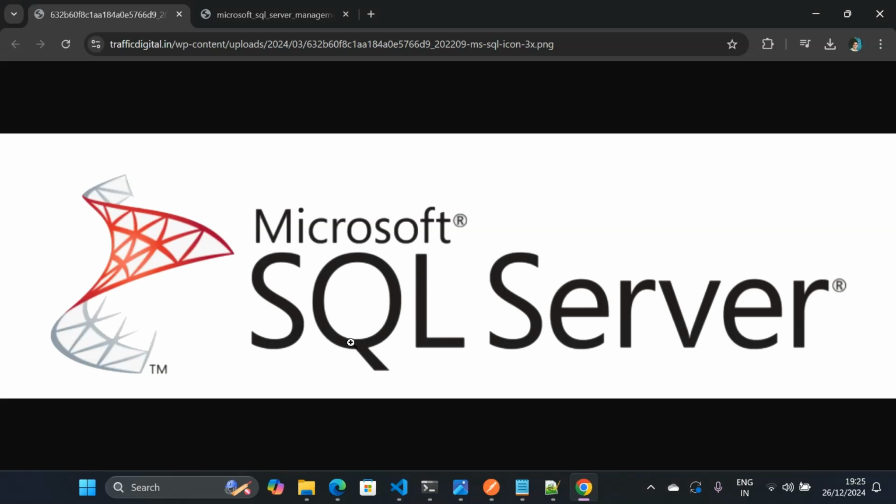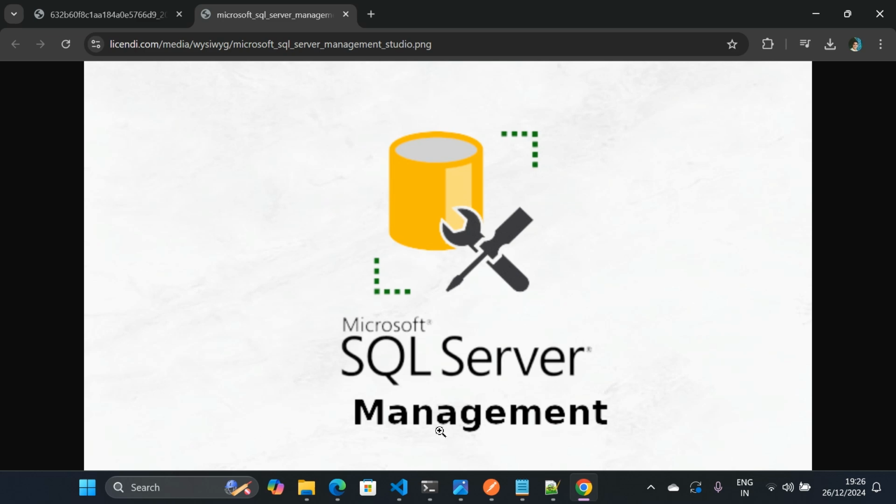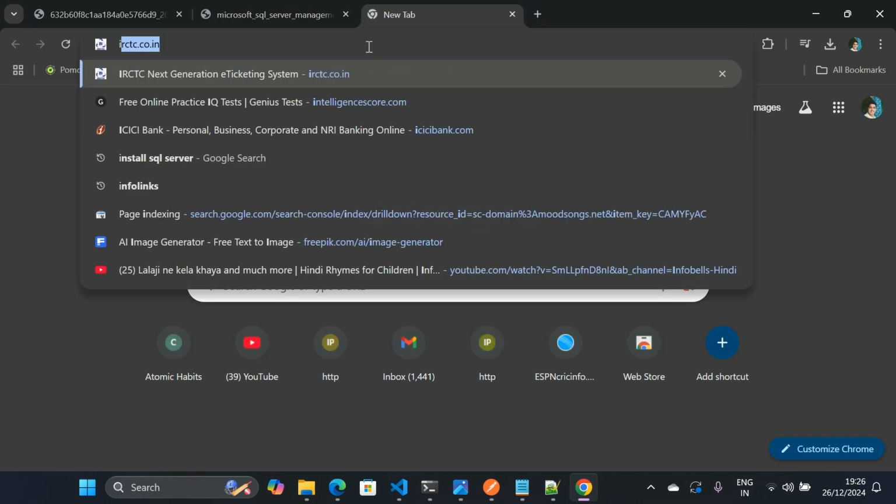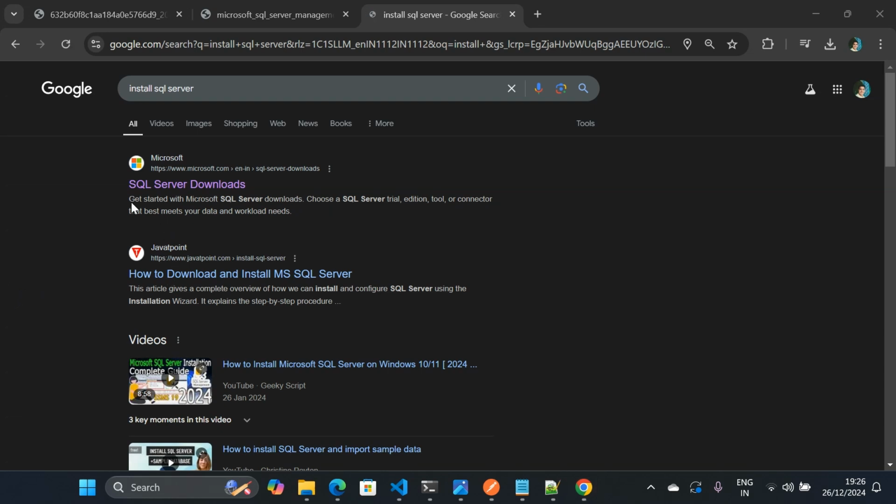Hello everyone. So today we're gonna see how we can download and install Microsoft SQL Server and SQL Server Management Studio on Windows laptop. So the first thing we have to do is we need to write install SQL Server and we need to click on the first link, click on it,